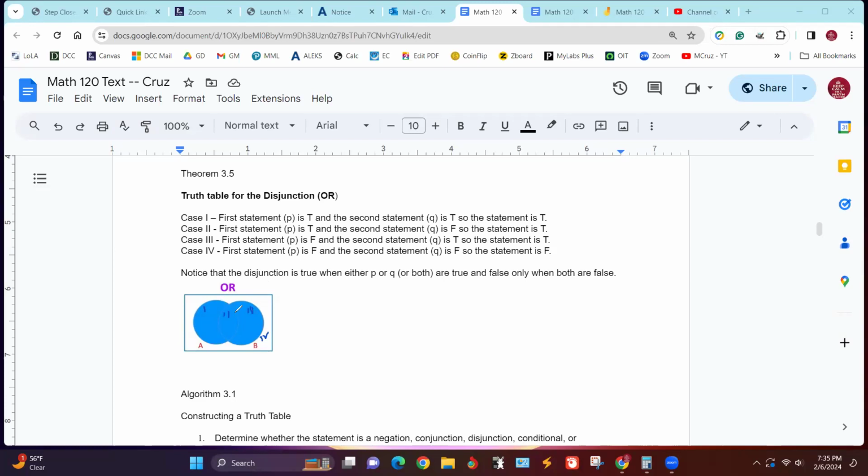We're not in A at all, but we're in the union of those two. And then the fourth case, just like for the conjunction, this one is false also because it's out here and it's not in the union.